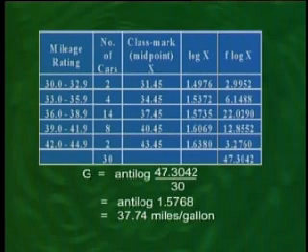this column comes out to be 47.3042. Dividing it by the total number of cars that we had, that is 30, we get 1.5768, and taking the antilog of this number, the geometric mean comes out to be 37.74 miles per gallon. You will recall